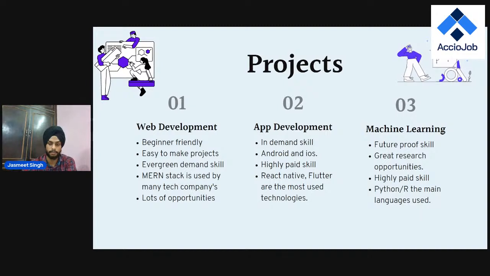For app development, the two most used frameworks are React Native and Flutter. These are cross-platform frameworks, used to follow the code once and use everywhere concept, because we can code once and it can work on both Android and iOS. If you want to go into native Android development and native iOS, you will need to learn Java for Android and Swift for iOS.